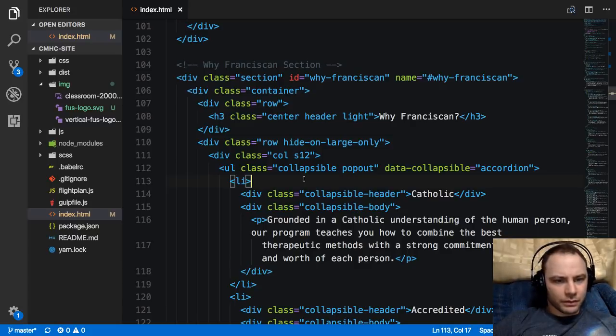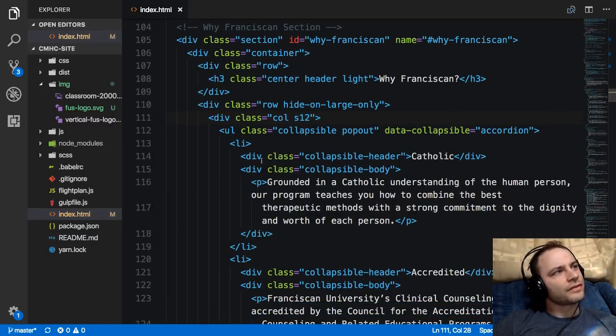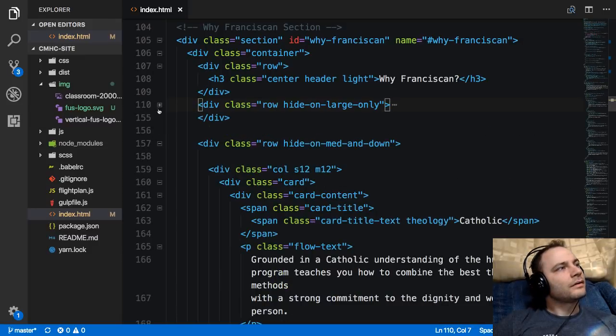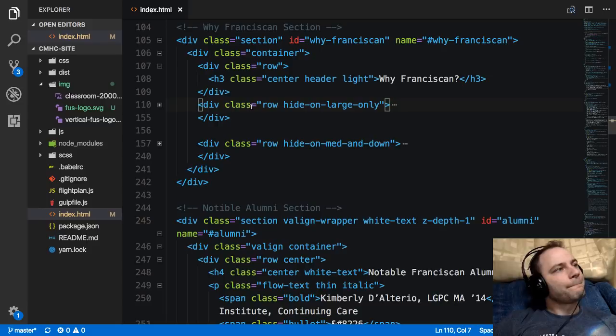So let me just show you. So this is the section where it's at. So what we're using, we have the markup repeated in two different sections. So the first one, let's see if I can, this will make it easier to see. So basically you have two different sections, and the one says hide on large only. All right, so that's those large cards that are fully expanded. And then the second one, and this is for,